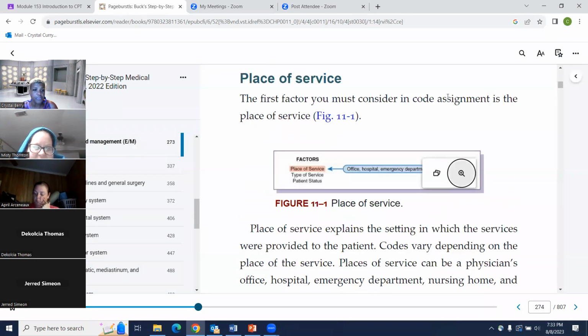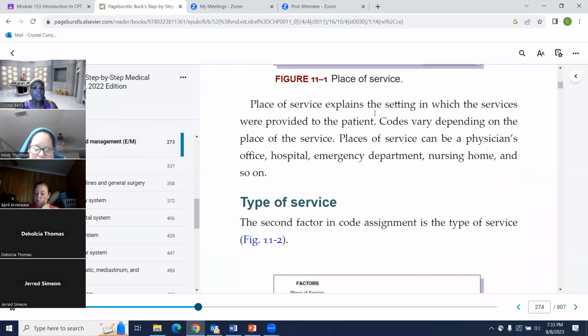That's your place of service. Place of service explains the setting in which the services were provided to the patient. Codes vary depending on the place of the service. Places of service can be a physician's office, hospital, emergency department, nursing home, and so on.